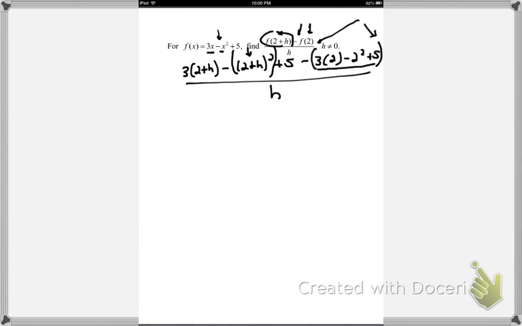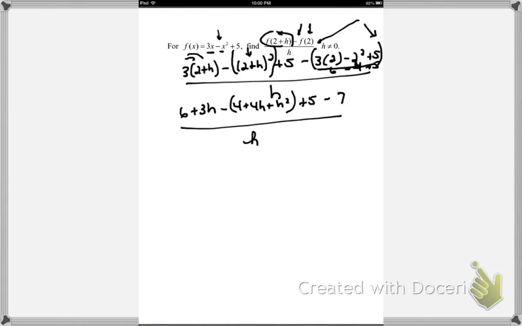So let's start. We're going to distribute. And we're going to FOIL your 2 plus h. When we FOIL 2 plus h, we get 4 plus 4h plus h squared. Now this has to stay in parentheses. We've got our plus 5. In this little parentheses, you can work this out. This is 6 minus 4 plus 5. 6 minus 4 will give you 2, plus 5 will give you 7. So now we've got minus 7,